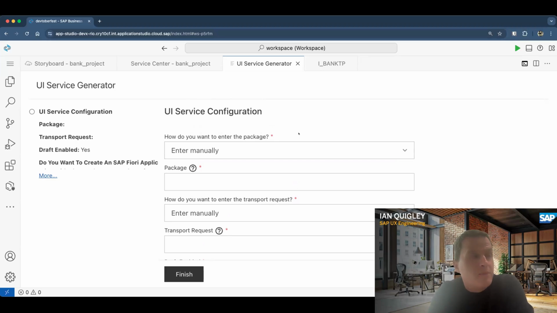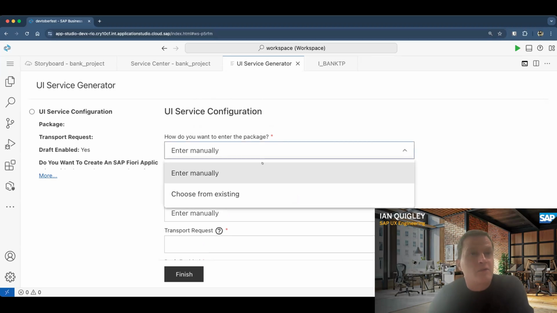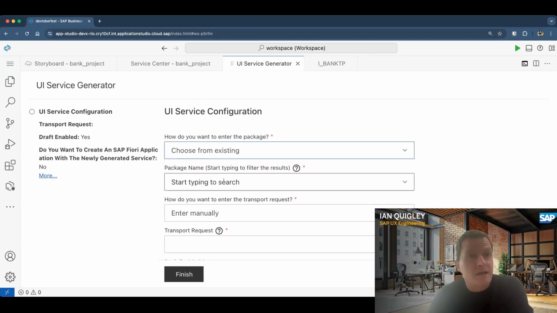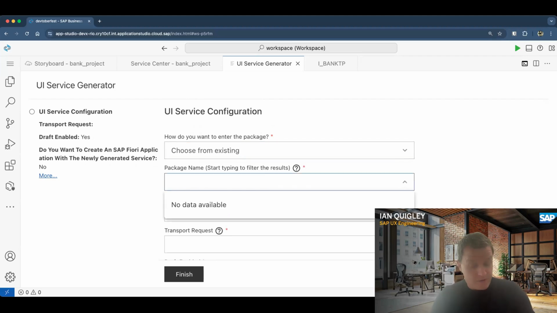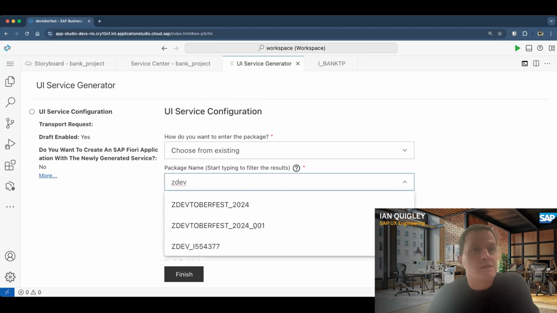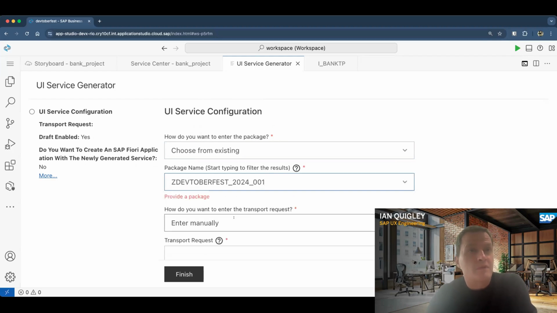So within ABAP deployment logic, we allow customers to choose the package of the transport request that they need. They can do it a number of ways. They can either enter one manually or choose from existing. Let's choose from existing. And similar to ABAP in Eclipse, you need to type in 3 characters, and then it will start searching for you. Here's a package we've already created,